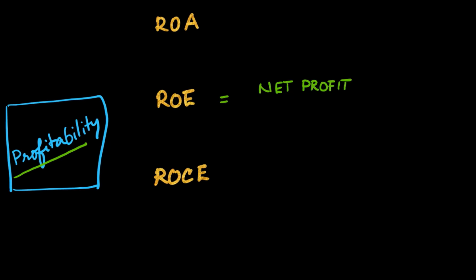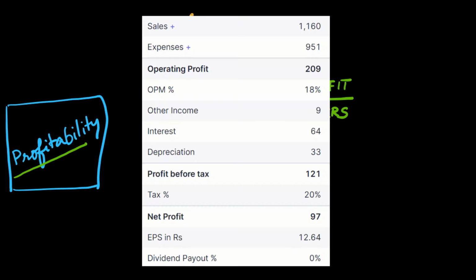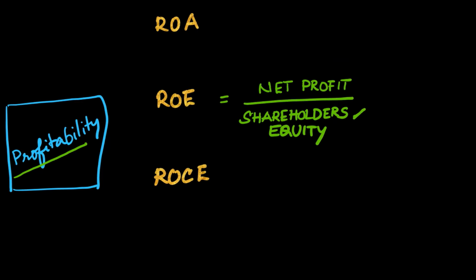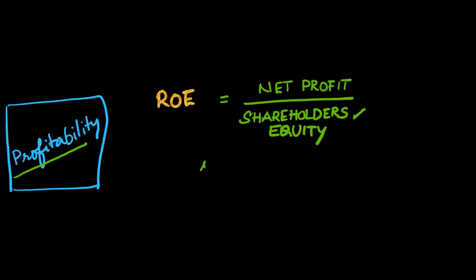Return on equity is a ratio of the net profit to the shareholders' equity. Remember what net profit is? Shareholders' equity is what belongs to the shareholders. Say for example, a company's assets are worth 100,000 rupees and its liabilities are worth 40,000 rupees. The shareholders' equity is